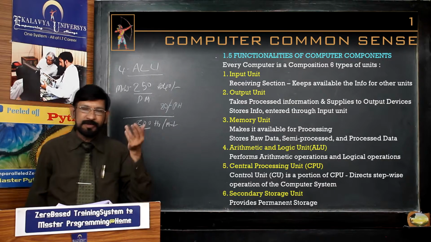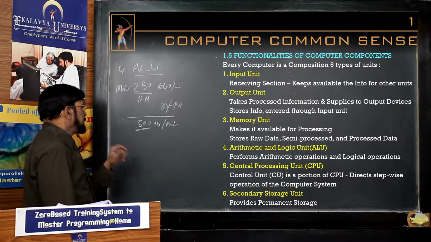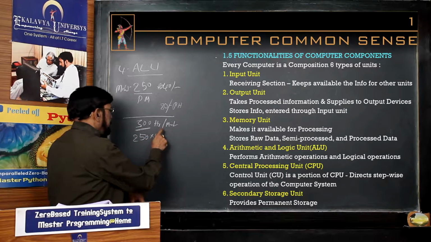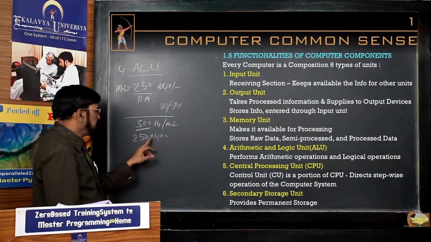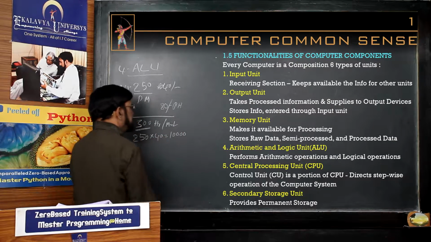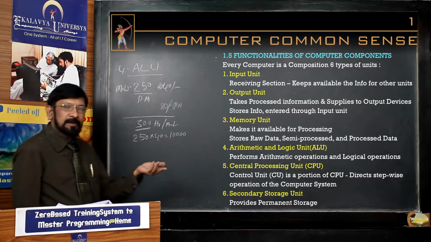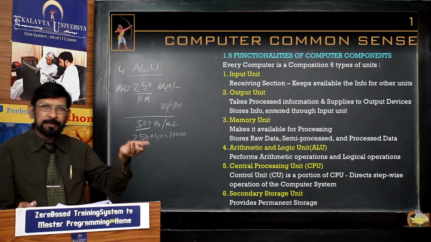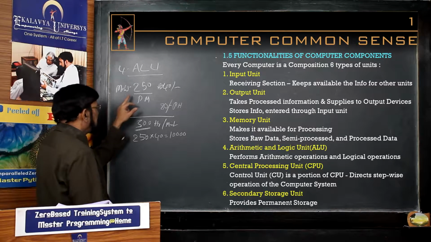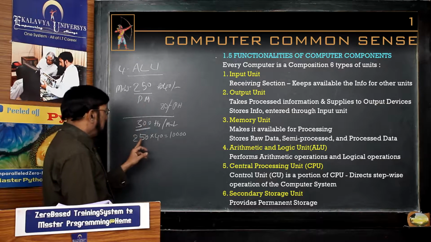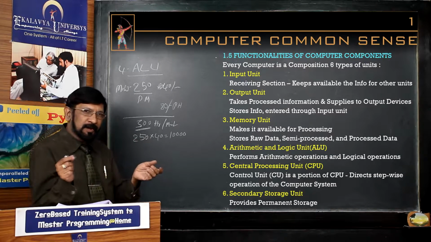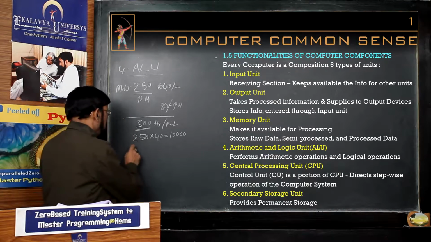Now we see which operations are there. First, he worked 250 hours: 250 into 40. What type of operation is it? This is an arithmetical operation. That means 10,000 rupees he gets as normal wage. Next, the computer does not have any brain, so one expression we have to write: whether working hours are more than 250 or not. That is logic. In this case, that is a logical operation.